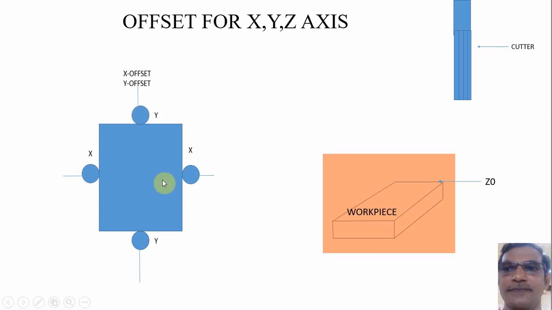Lift the cutter, go back to reference point, once again bring the cutter to touch the rear side of the workpiece. From the reference point to this point, some value will come. Note down that value and then shift the cutter to the front side. When the tool is touching the front side, some value will come. Now we know the difference between these two points, and dividing it by 2, we will get the center point.